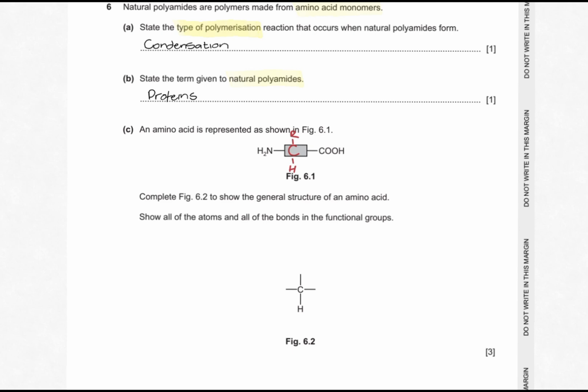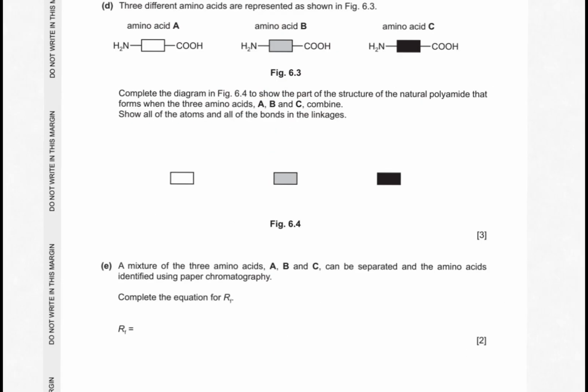So we can redraw this in figure 6.2 by adding my nitrogen with its 2 hydrogen atoms, then also my R group, which isn't represented yet, and then my carboxyl, which is my carbon with my hydrogen, and my O and H atoms. Then in question D, they say 3 different amino acids are represented as shown. So here we have amino acid A, B, and C, and they all look the same except that they have